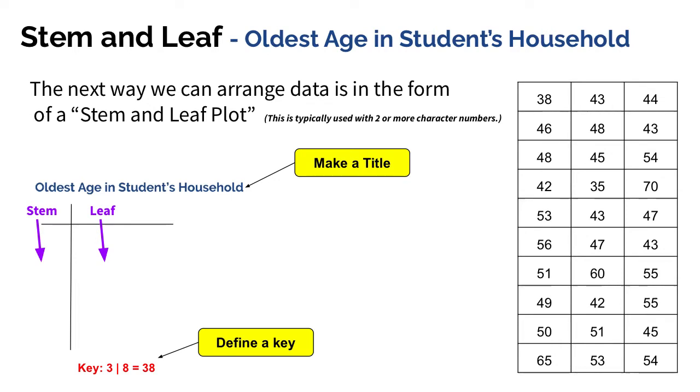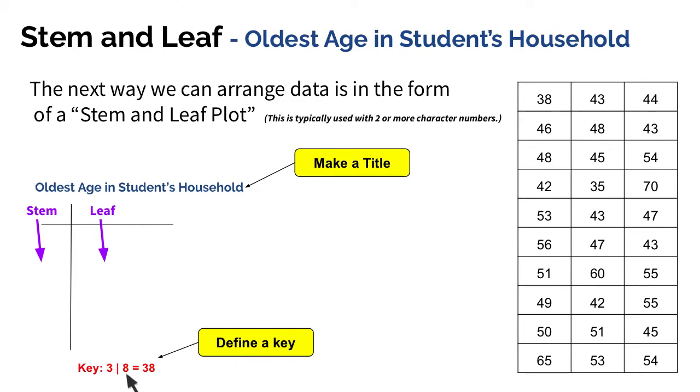need to set up. The first thing that we're going to do is make a vertical line and a horizontal line. The left side of that horizontal line is going to represent our stems, and the right side is going to represent our leaves, and we'll talk about that a little bit more in a minute. It's important to include a title when you make a stem and leaf plot, and then it's also important to